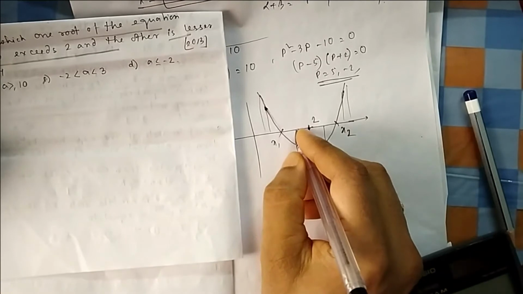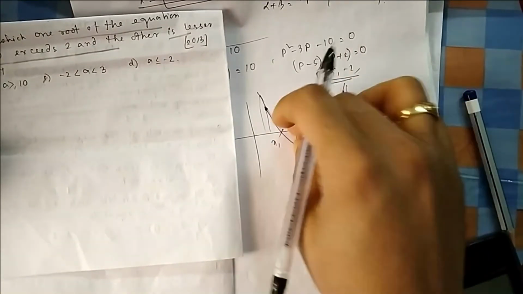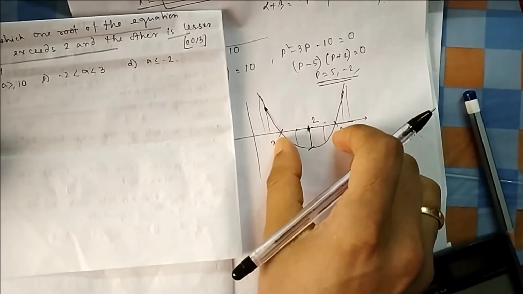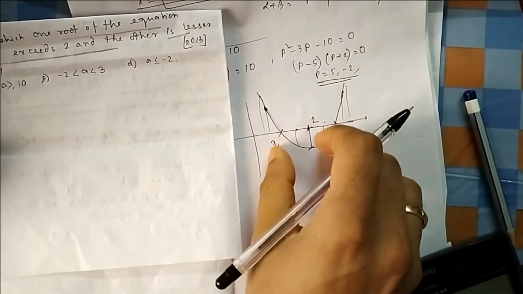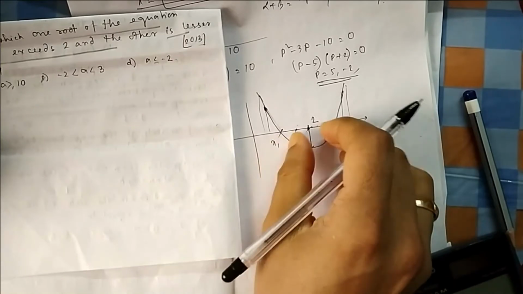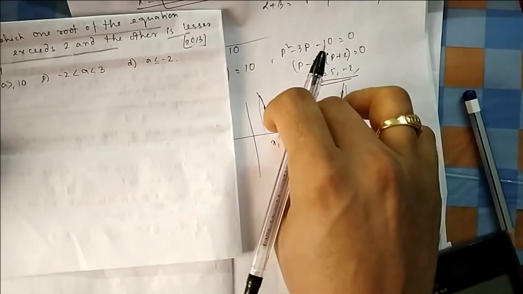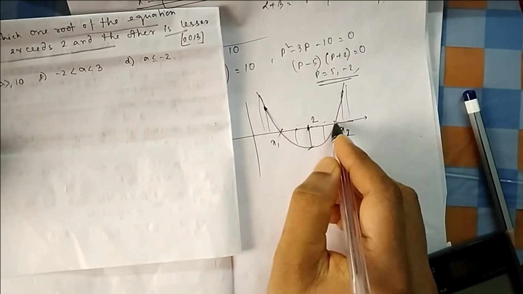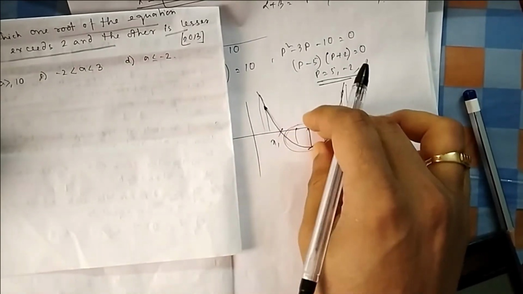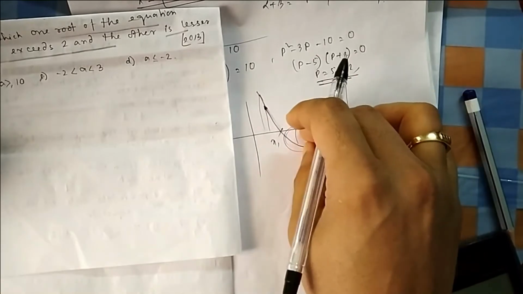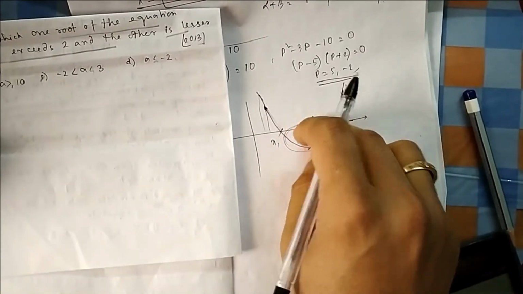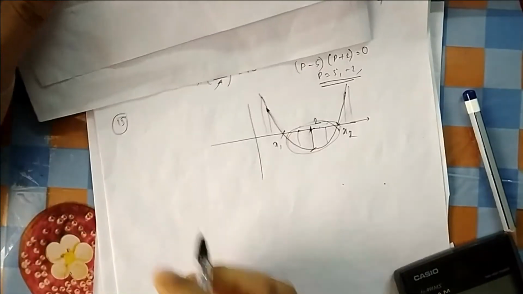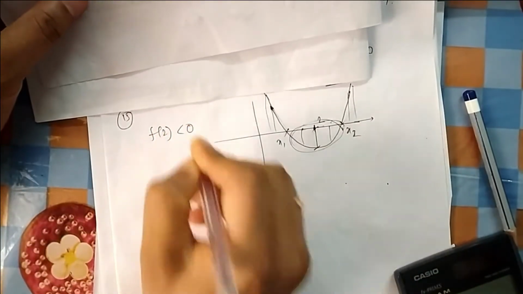You are getting it now? If the value of the function is negative, then 2 is inside, because it is negative only inside x1 and x2, and you need 2 to be inside x1 and x2. So for 2 to be inside x1 and x2, the value of the function should be negative. This position has a special characteristic: here the value is negative. Only here the value of the function is negative. So because you need 2 to be here in between x1 and x2, your function should be negative. That means your f(2) should be negative. This is the conclusion we need.